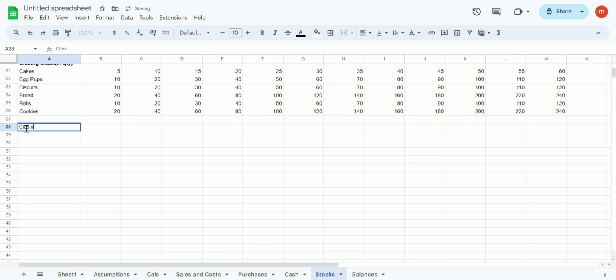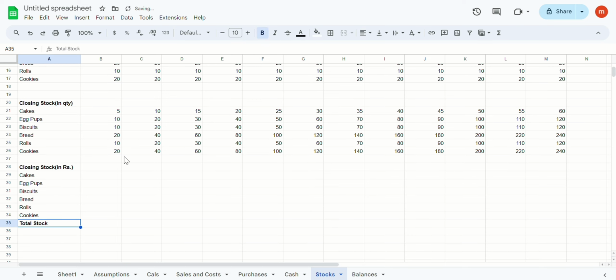Now closing stock in rupees. We calculate the closing stocks in rupees. Okay, how much in rupees is the closing stocks? So here we have total stock. Okay, total stock. Now here day one, the closing stock